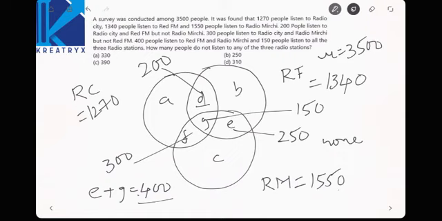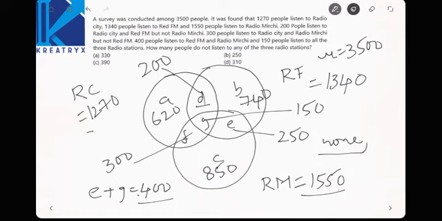Now see here, we know the value of D, G, F. Can you calculate the value of A? Subtract all these values D, G, F from 1270, you will get the value of A. A is nothing but 620. In the similar case, you can find out the value of B. Subtract D, G, E values from the total 1340, you will get 740. Similarly, subtract E, G, F from the total Radio Mirchi value, you will get the value of C, that is nothing but 850.